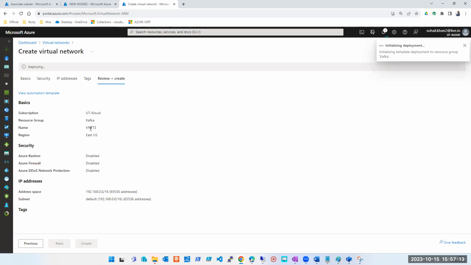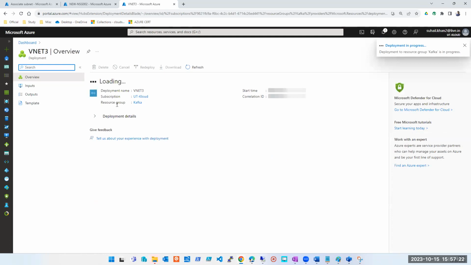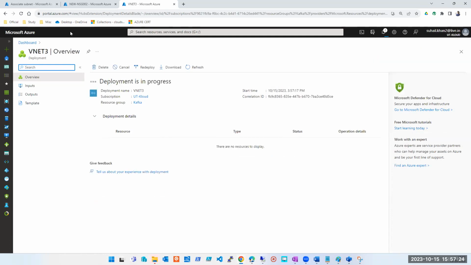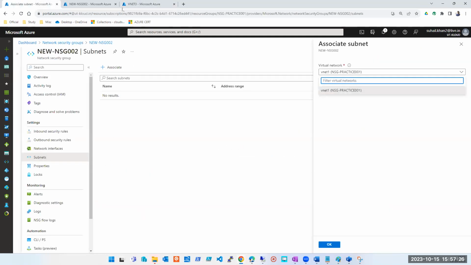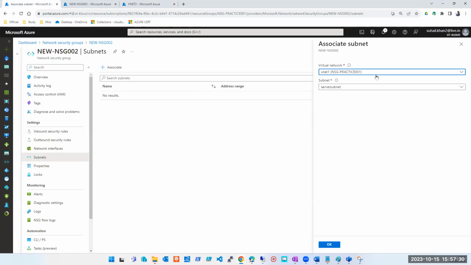It is in East US and it is in a different resource group. Now let's see if we can get this virtual network listed over there. It is being created. Once it is deployed, we'll come here and we'll do this. So now if I select the resource group,